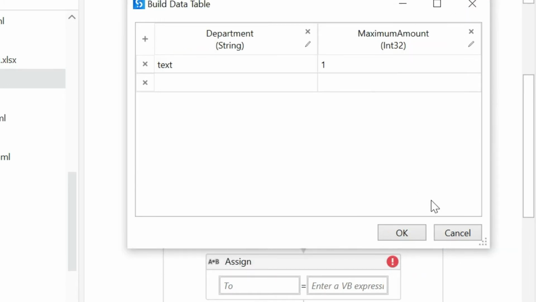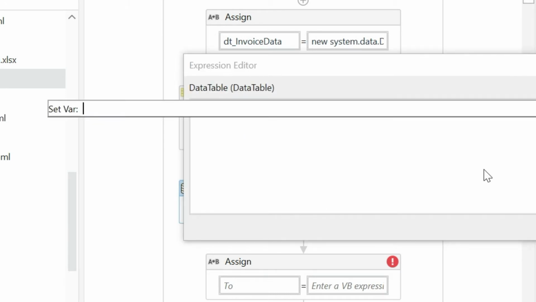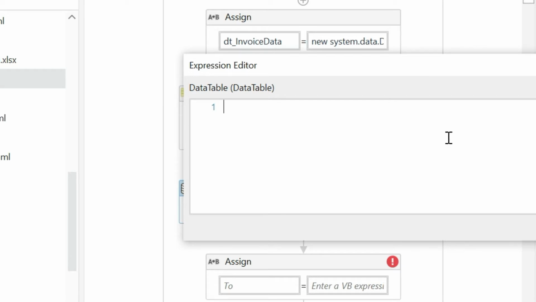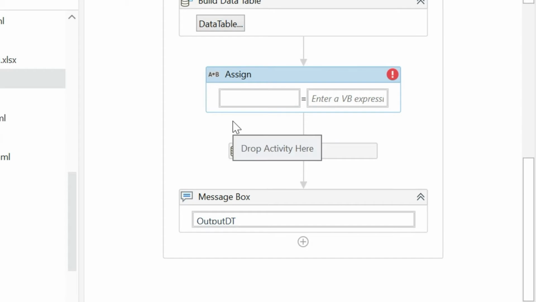I'll name this data table as temp data table, dt_temp. Now we'll go to the query in the Assign activity. On the left hand side I will use dt_temp because we are going to copy the result into this temporary data table. Whatever result we are getting, we are going to copy to the temp data table.